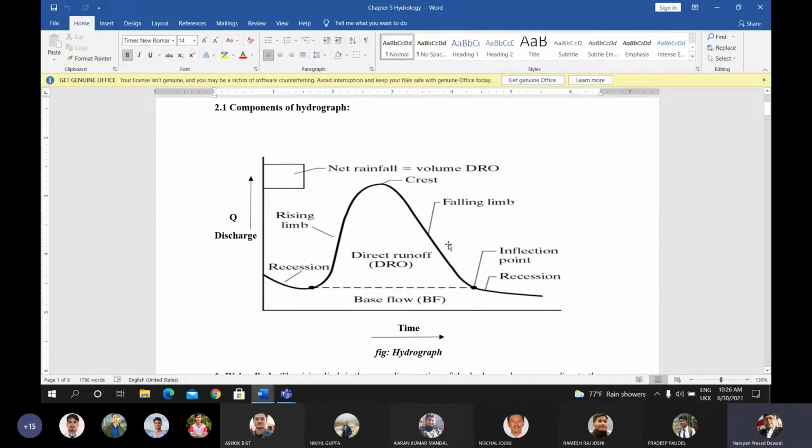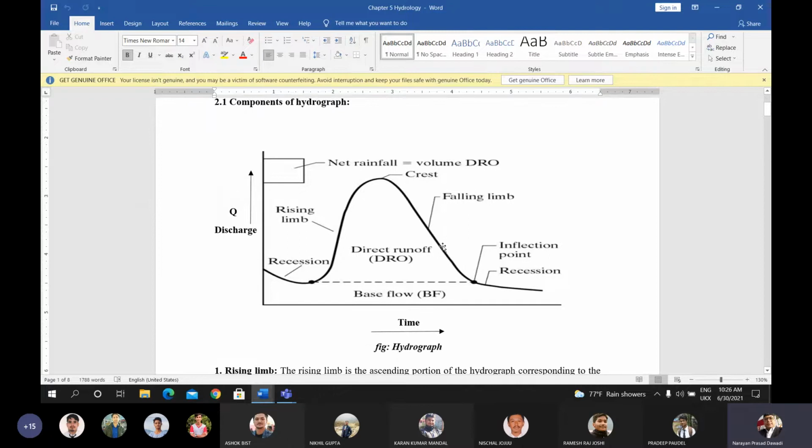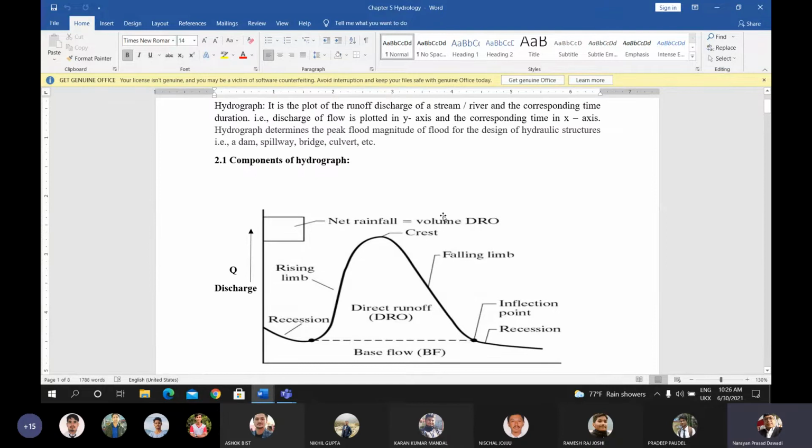Now from this hydrograph, the flood discharge in the river contains the contribution of the surface flow as well as the subsurface flow. If you subtract the contribution of the subsurface flow or delay flow, that is called the base flow, then the hydrograph that is obtained is called the direct runoff hydrograph.